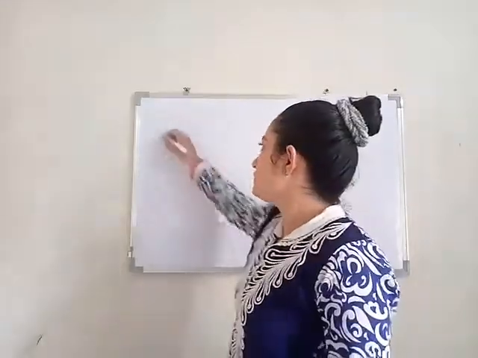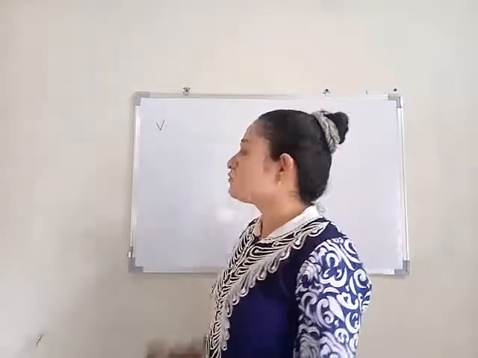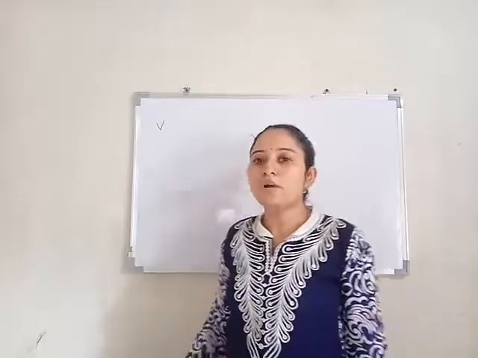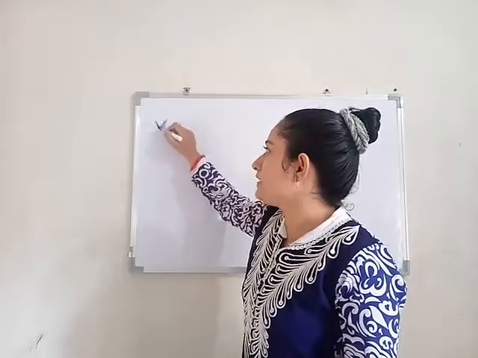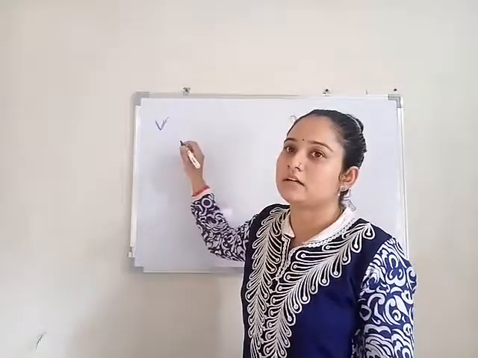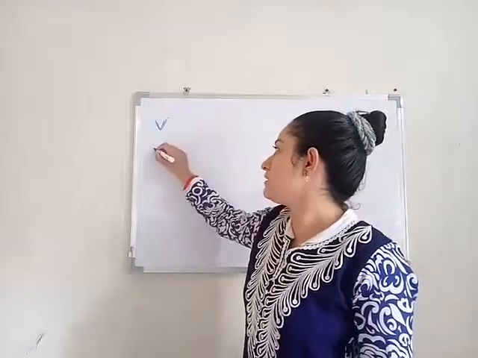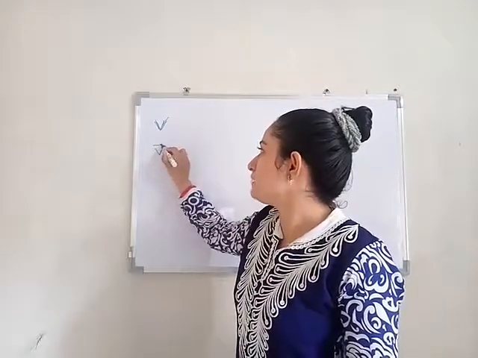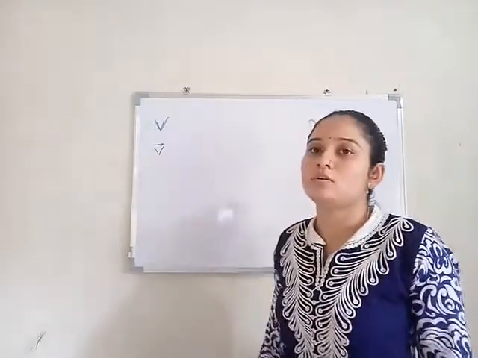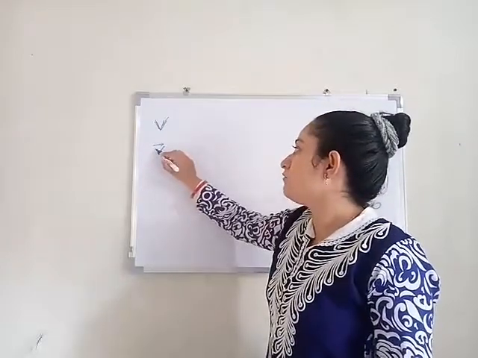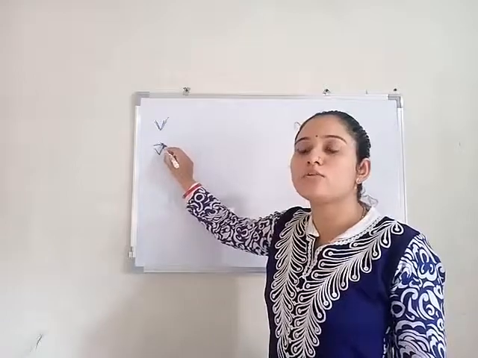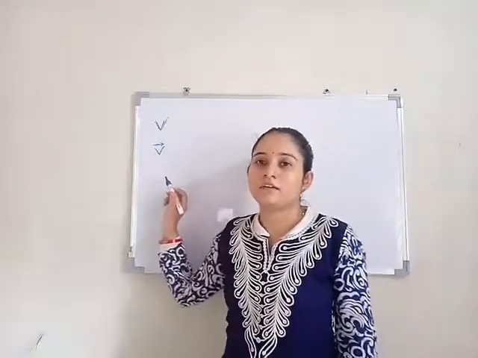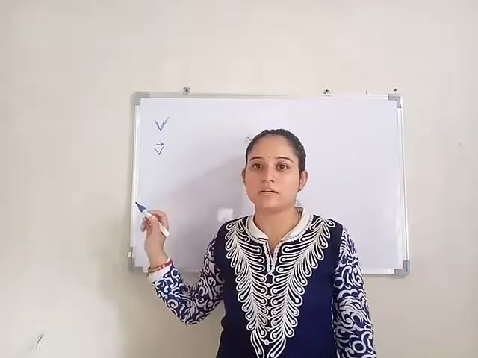If you say velocity, velocity is denoted by a bold letter V in this way, but every time it is not possible to write bold letters. So we will just put one arrow on that symbol. So this is the velocity, and that is a vector quantity. This arrow denotes that velocity is a vector quantity.